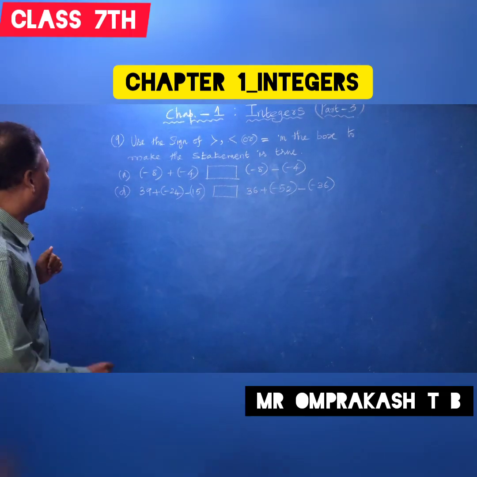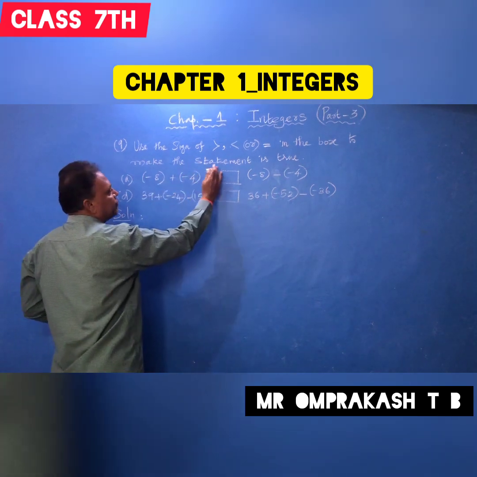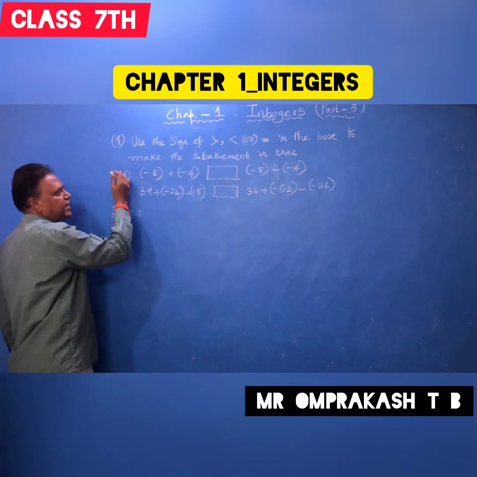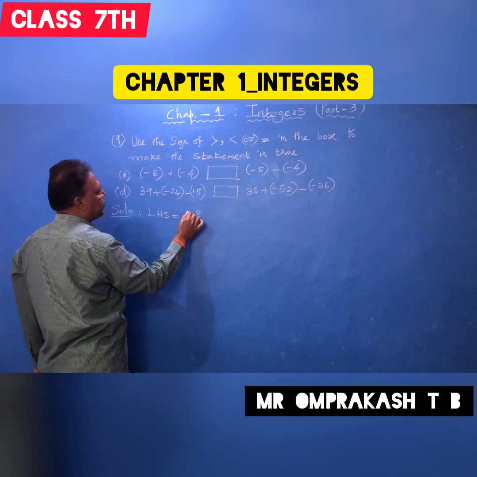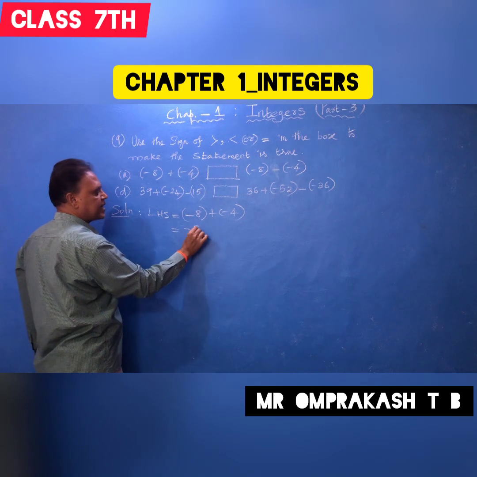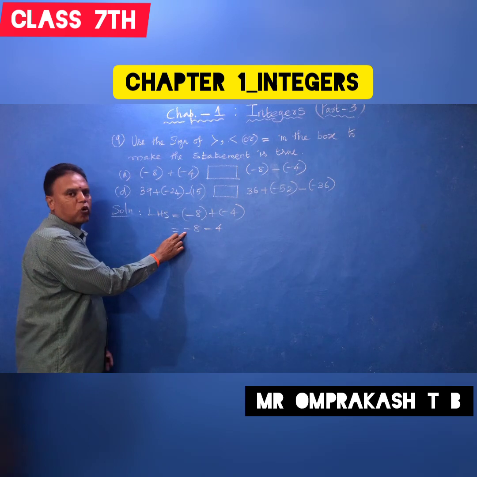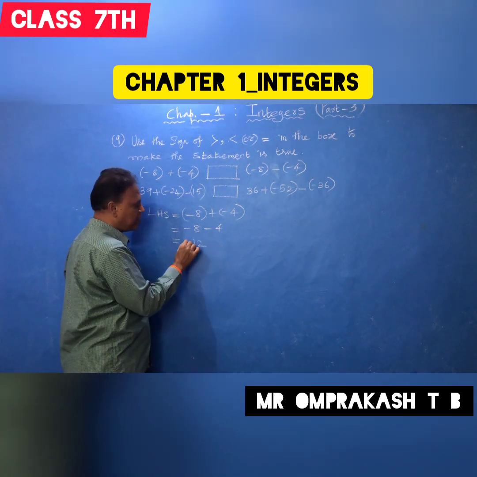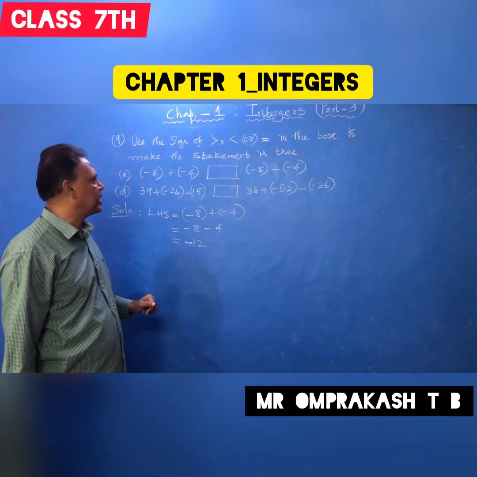Okay. For that, how to do it: take the solution. This is the same way. Clear? Box, this side left, this side right. So left hand side you take. LHS, what is that? Minus 8 plus of minus 4. So this can be written minus 8 plus into minus 4. Okay. So both numbers have the same sign. So add means 12. Same sign you have to put. So minus 12.